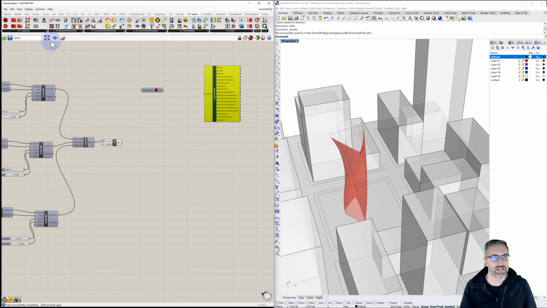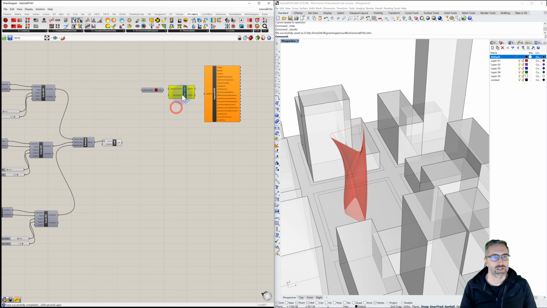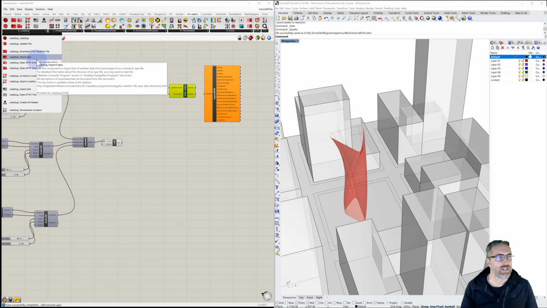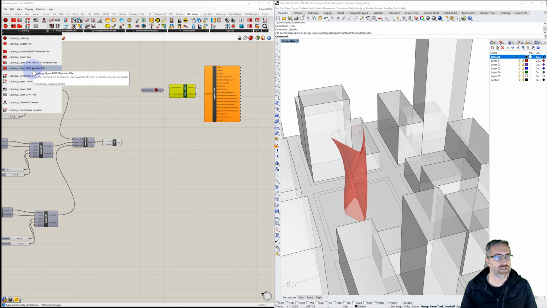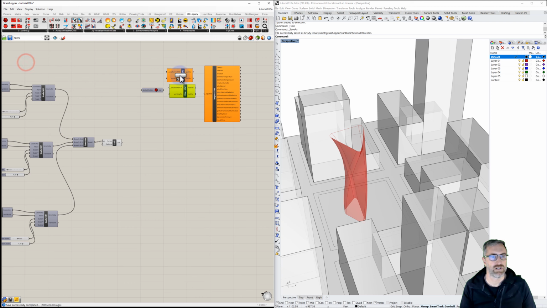So we'll have the LadyBug Import, and we're also going to do this one. So the first one that we'll get is the LadyBug Open EPW and STAT weather files. And the way that we'll do that